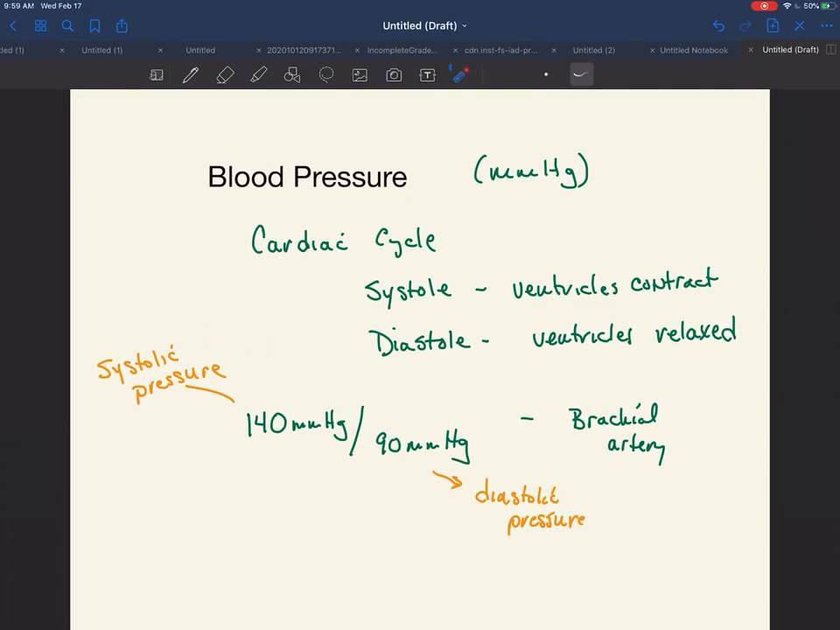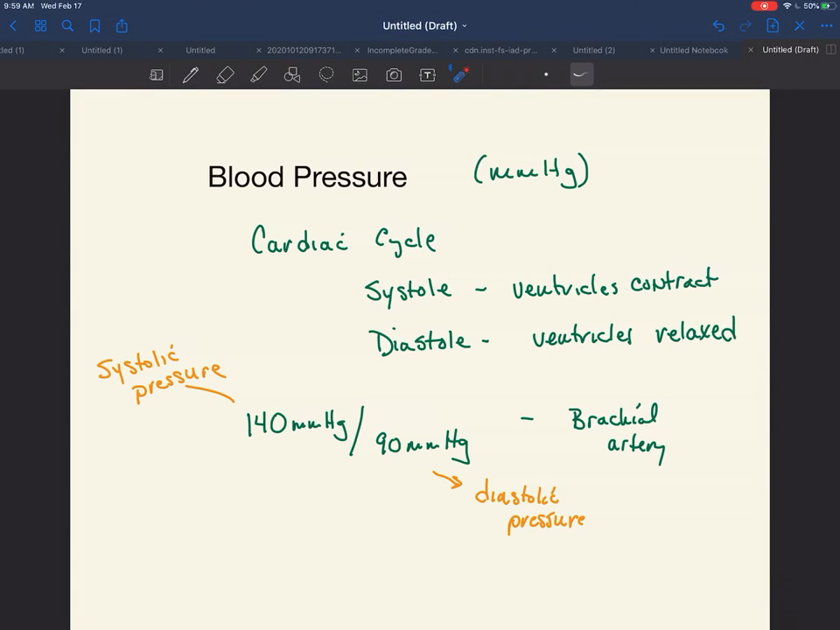So when you have systole, the ventricles are contracted, and this is going to mean that the blood pressure is going to be higher. When you have diastole of the ventricles, then the ventricles are going to be relaxed. Okay, so that is actually the reason why, when we measure blood pressure, we have two different pressures. So blood pressure is typically measured in the brachial artery,